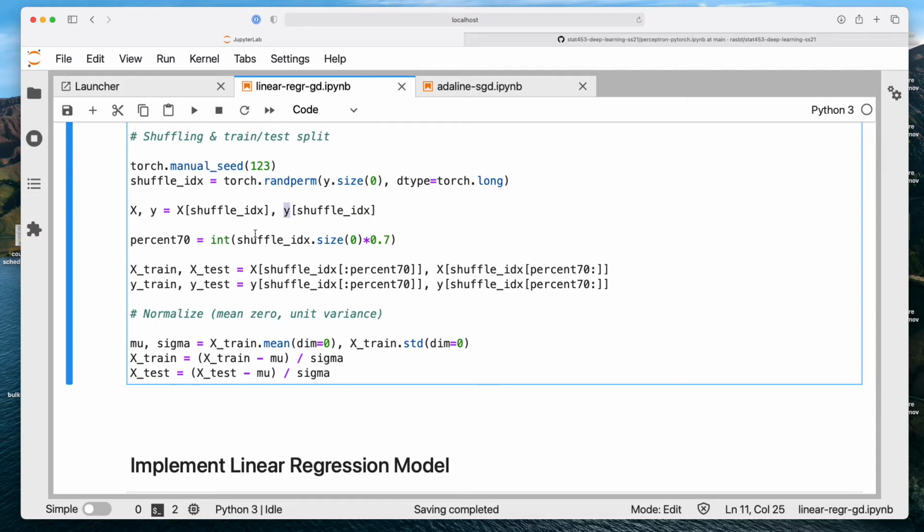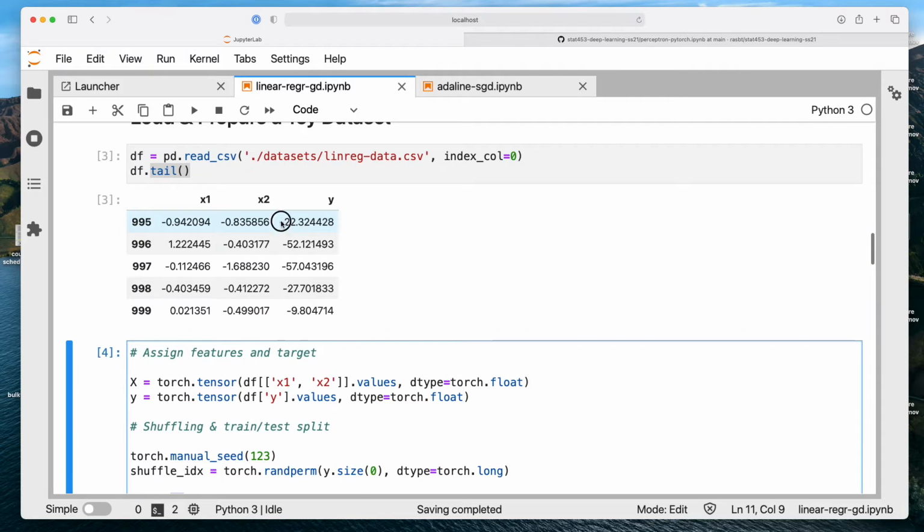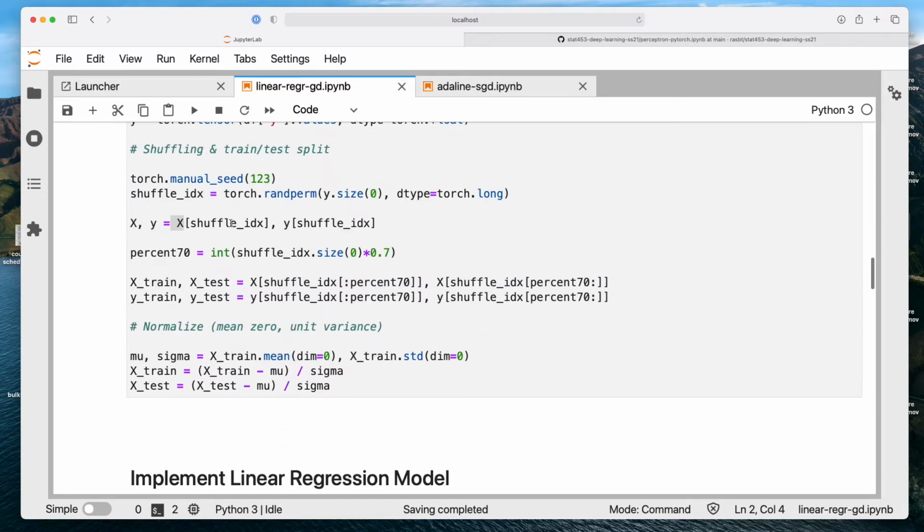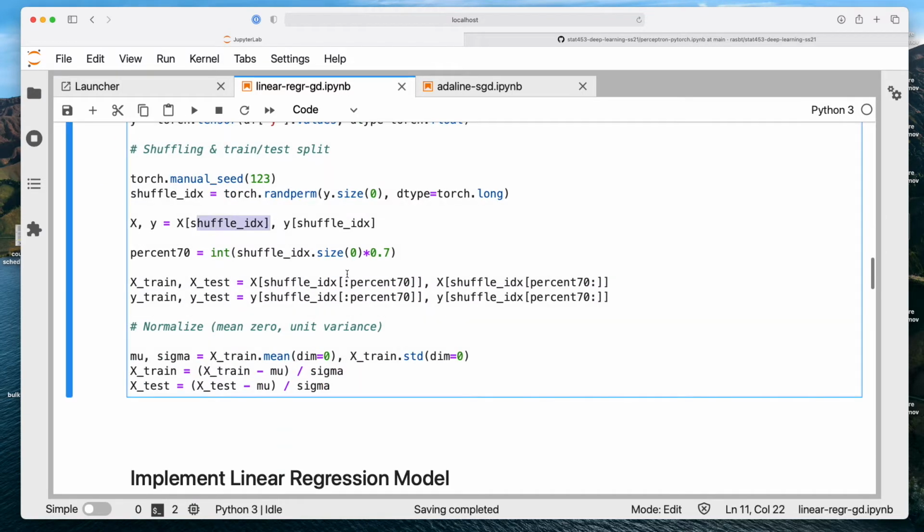And this is also why we can't simply use the shuffle function that is implemented in NumPy or PyTorch, because the shuffle function would shuffle them individually, and then the features won't match to the corresponding labels anymore. So what I mean is, this entry here might then belong to training data point 998 by accident if we just shuffle them individually. So this is why we use a consistent shuffle index.